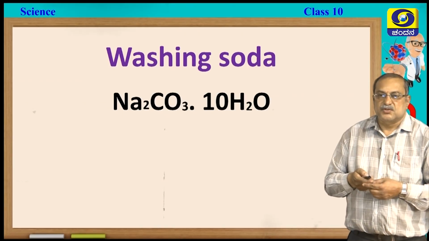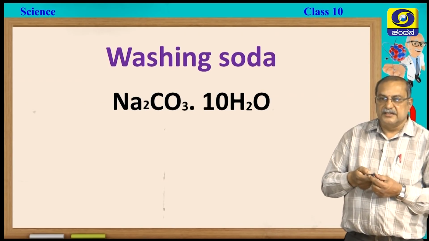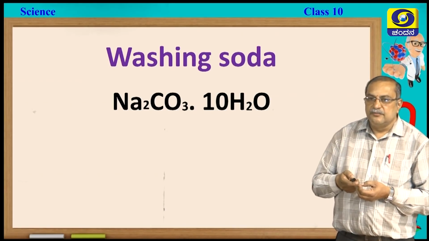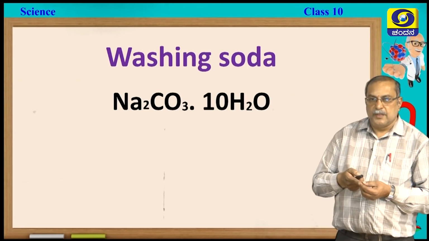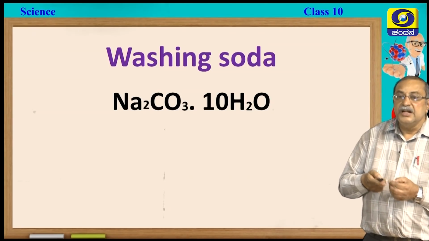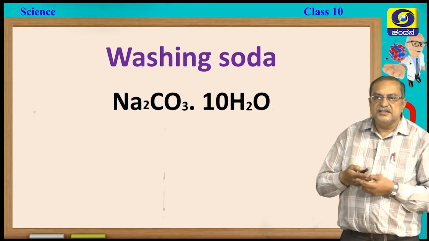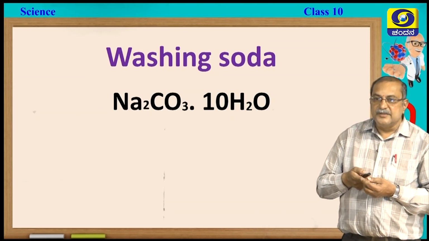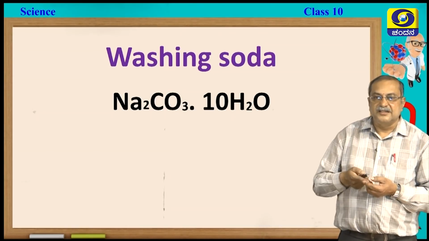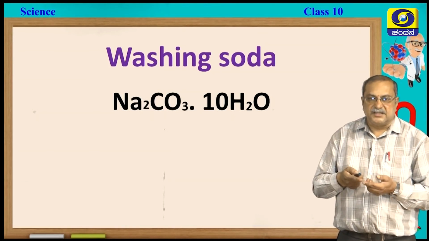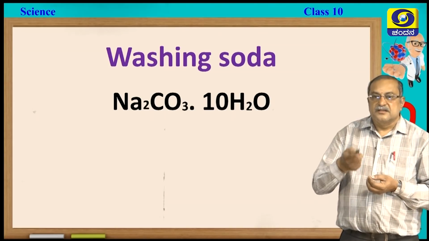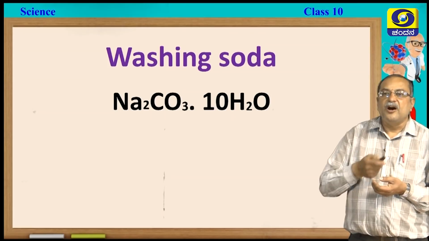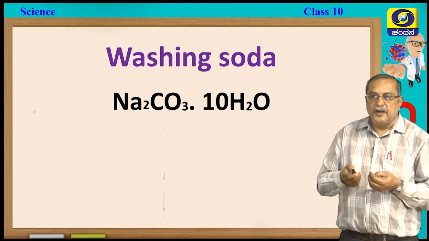So, what is washing soda? You use it for cloth cleaning and all. The general formula of this one is Na2CO3·10H2O. Here, what is the 10H2O? Decahydrated sodium carbonate, what we say. Deca means 10 water molecules are in this, but it is not wet. That means it is the water of crystallization, water present as a part of the formula, so it appears to be dry only.